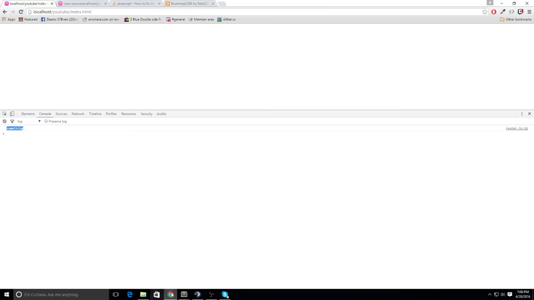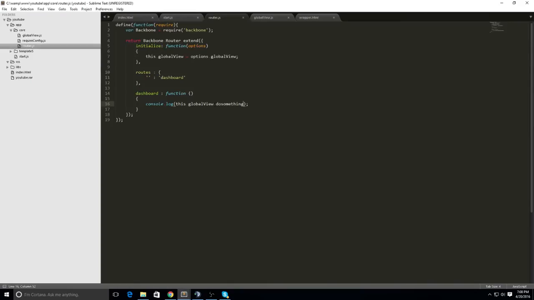There we go. So in this way we can call functions, we can do anything inside of the global view. So from here we're going to require a dashboard view. If we just do the standard require like we normally do,